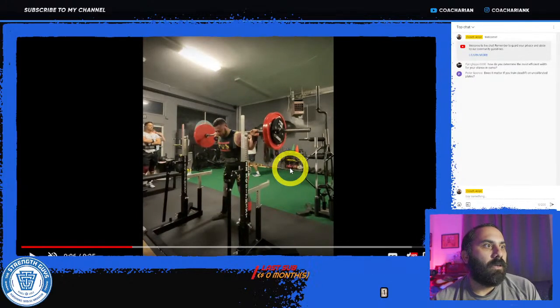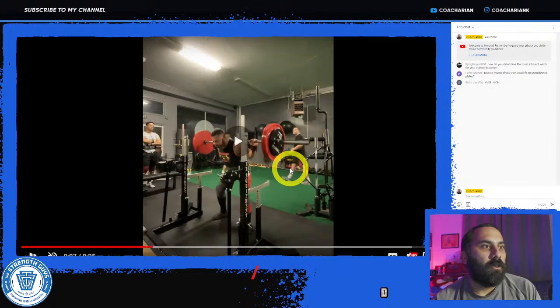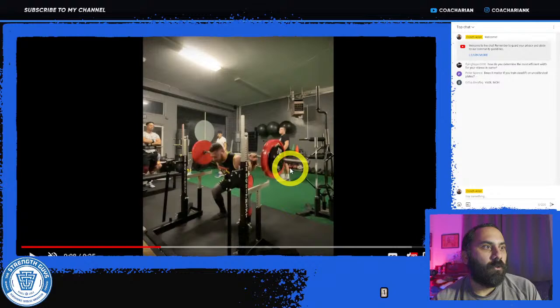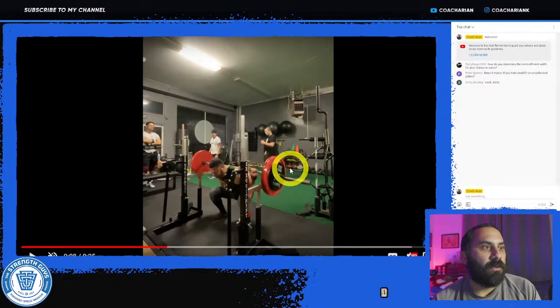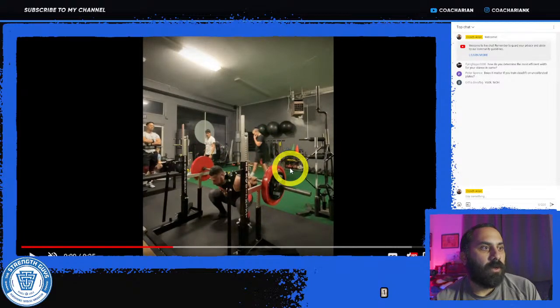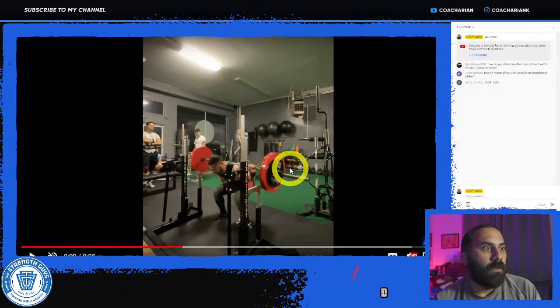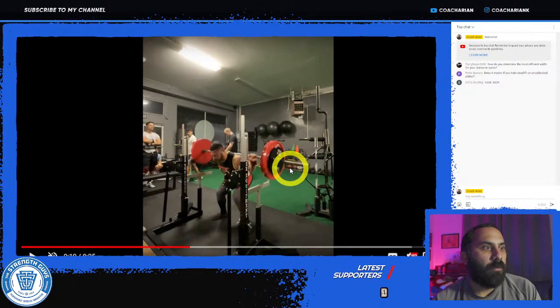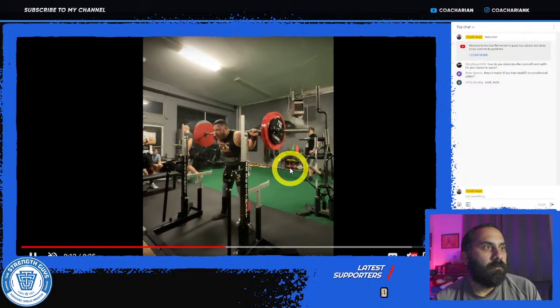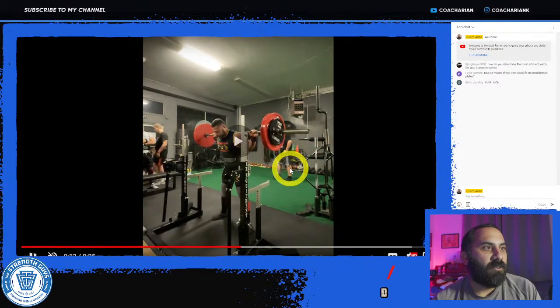From there, we go into the actual squat. So here, really good descent, breaking the knees and the hips at the same time. Good torso angle, good elbow position, everything like that. Depth looks great, way below parallel. Knees do come in quite a bit there. Takes his time, resets between reps.